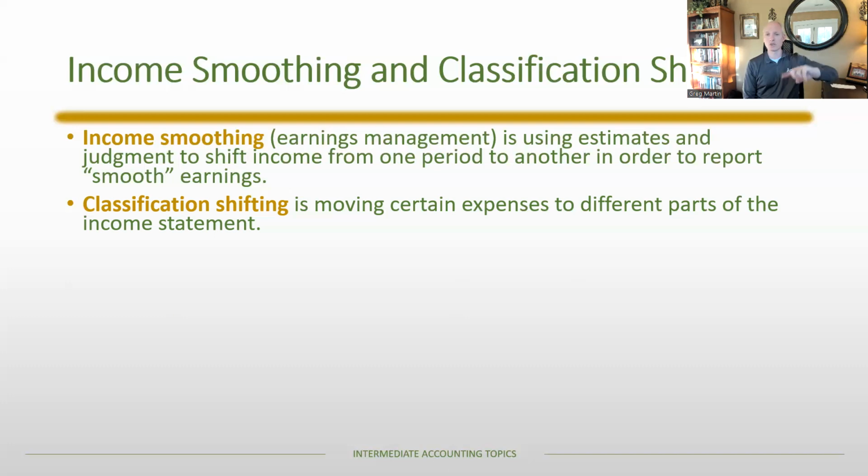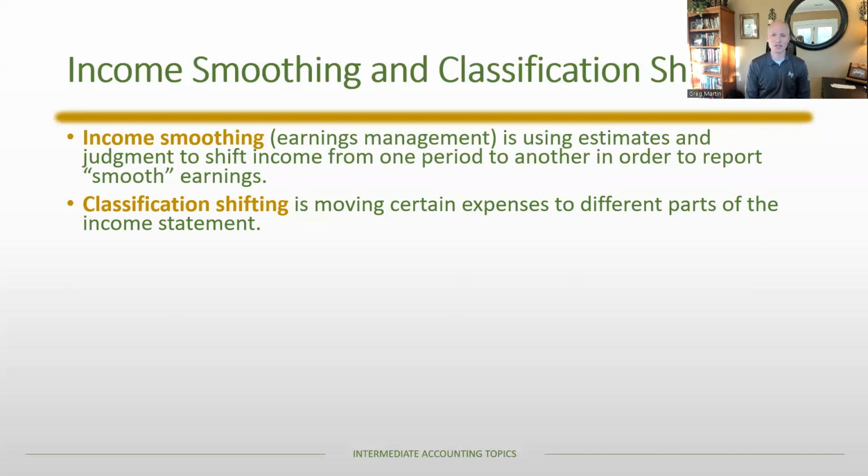I do think there's a lot more shifting between cost of goods sold and operating expenses, because whether it's depreciation or certain labor or certain materials, there's a lot of judgment on what is a cost of goods sold and what is an operating expense. But either way, the further you push an expense down, there tends to be a perception that that expense is less material, or even, I'd say not even just less material, but less persistent. And so if you can shift an expense to a lower classification, then markets sometimes will perceive that as being less persistent. And then obviously their ideas on your income, they're going to have higher expectations going forward.